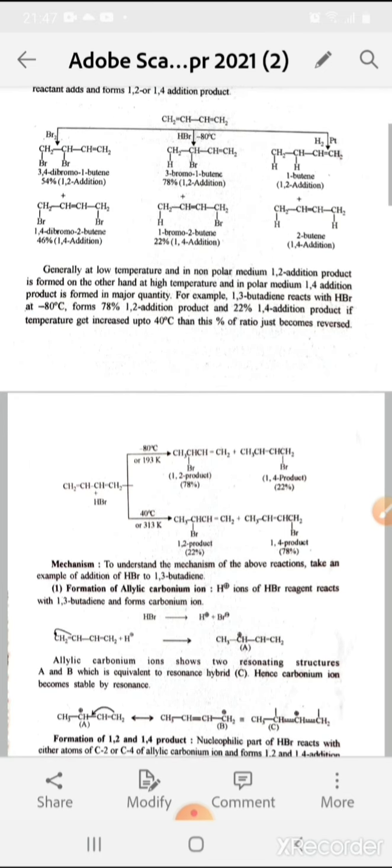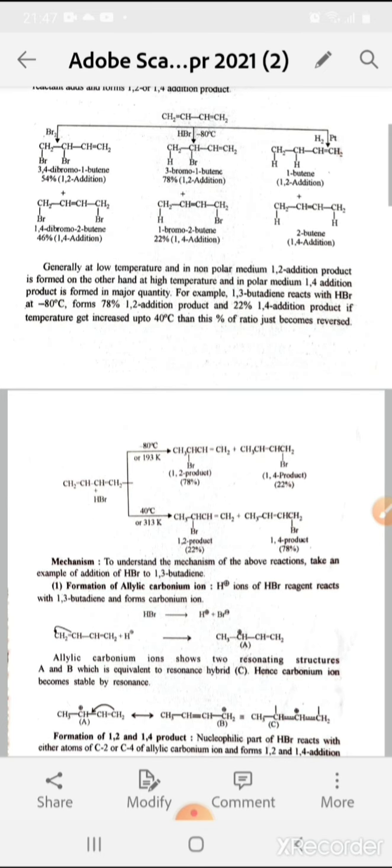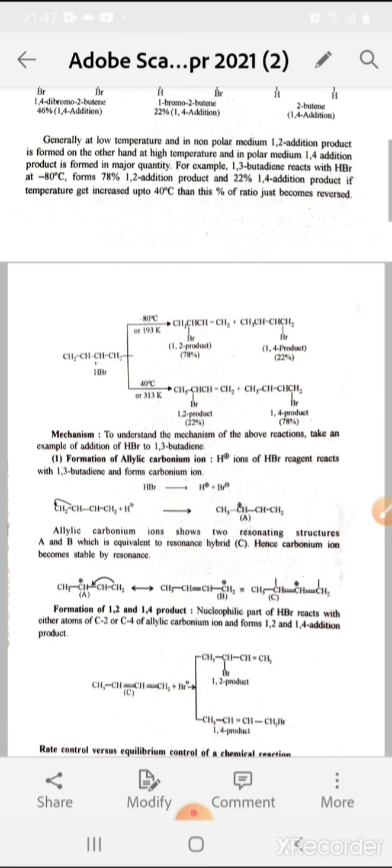But when CH2, that is 1,3-butadiene, is made to react with HBr at 40 degrees centigrade, then the product is 1,2 product 22% and 1,4 product 78%. Now if we come to the mechanism of this reaction, then we see